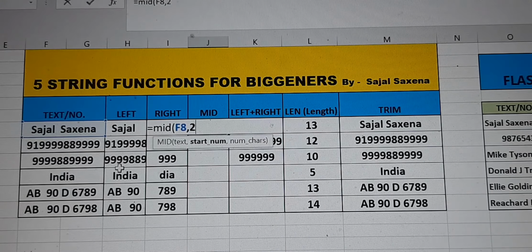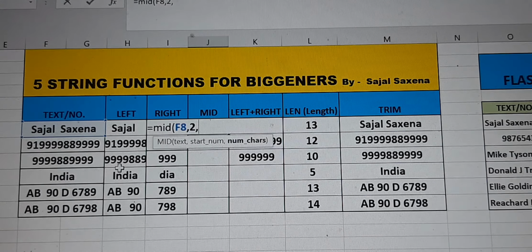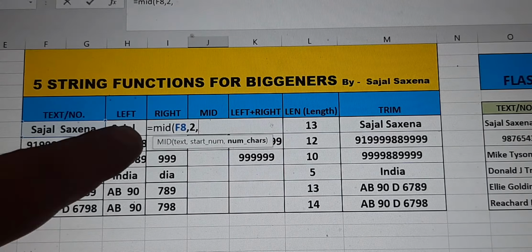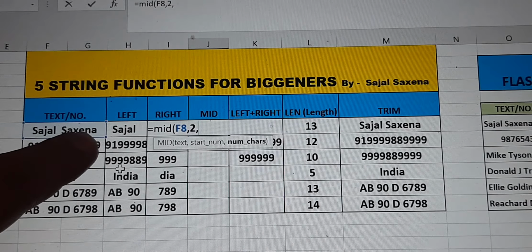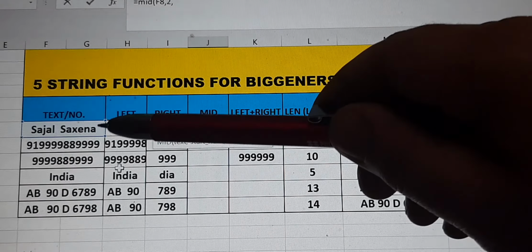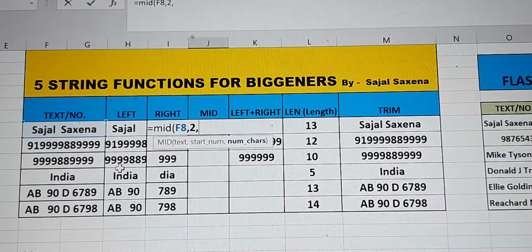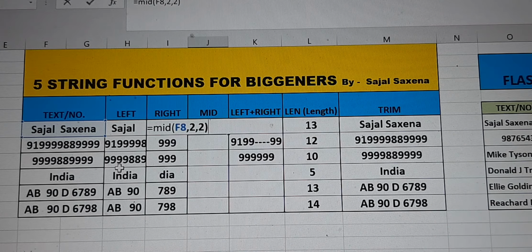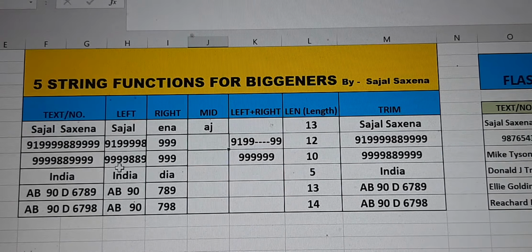Now I say comma again, and I again want that the data should be picked after A and N. In this case, when you're counting from right, the first character is A, the second one is N. So I type 2 again, I close the bracket and I hit enter. Okay, just a moment.